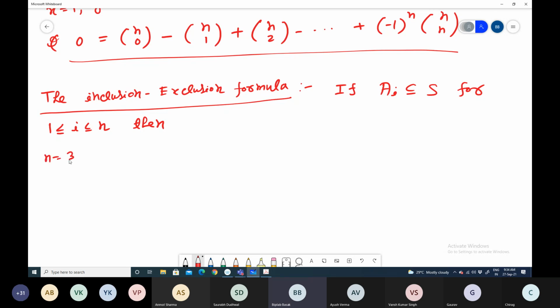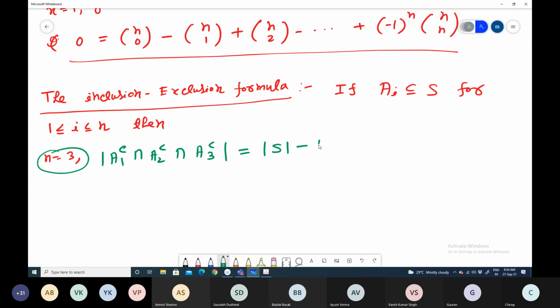First take n equal to 3. Then the cardinality of A1 complement intersection A2 complement intersection A3 complement is the same as the cardinality of S minus A1 minus A2 minus A3,